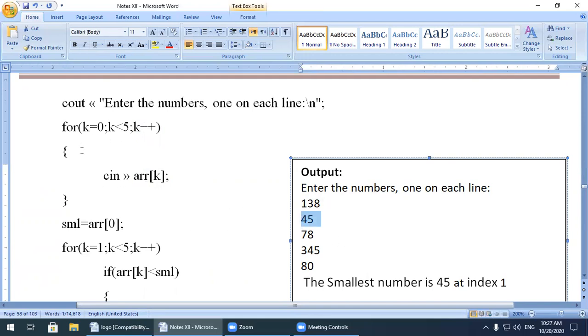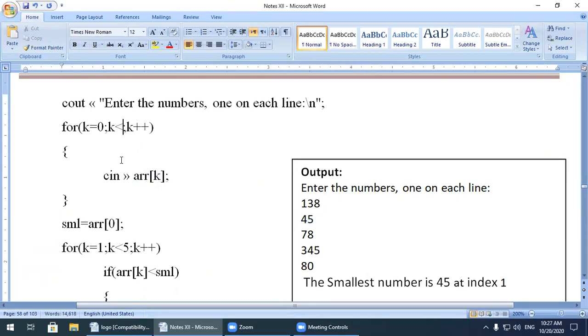So it will ask me for the values, nearly it will ask me for 5 values. If you want to make this program for 10 values, then over here write 10. So it will read 10 values from you from the keyboard. But to save time, I use 5 values.